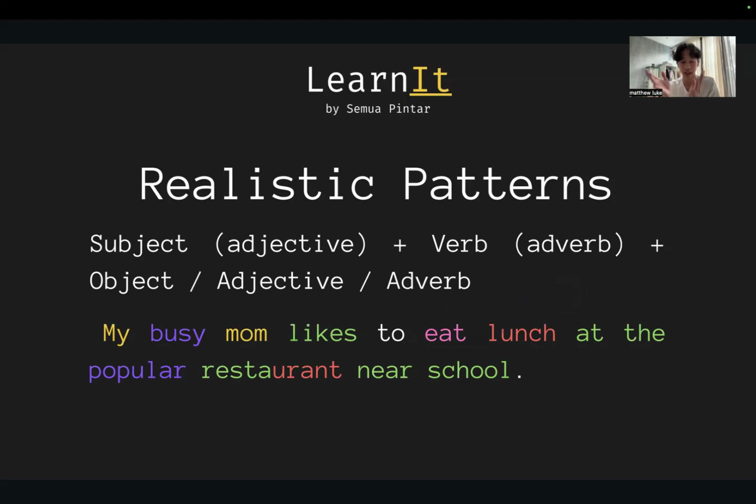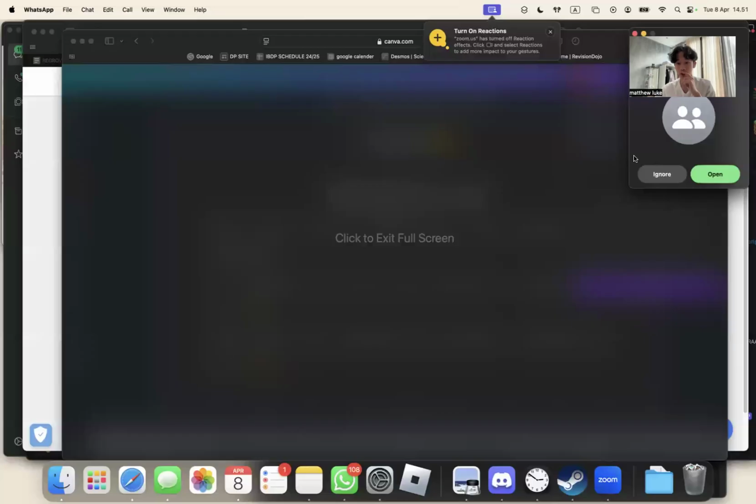So again, like before, yellow is used for the subject. Purple is now used for what's called the adjective. Green is used for the adverb, pink is used for the verb, and red is used for an object, right? So if we break it down, we know that my mom is the base subject, right? And then we know that,